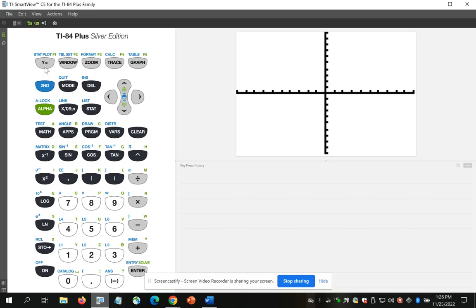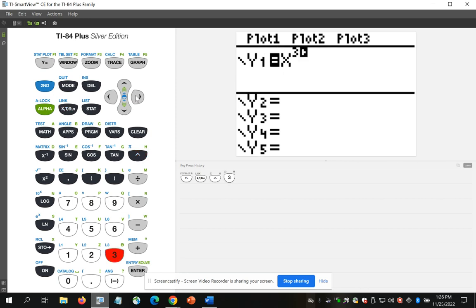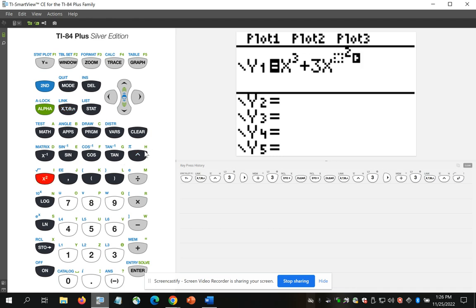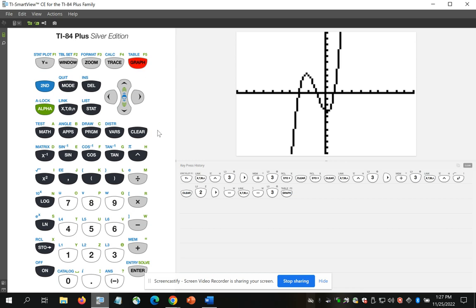Okay, so I'm going to take that function to my graphing calculator, and I'm going to enter y equals x raised to the third power plus 3x squared minus x minus 3. Okay, so you have the equation x cubed plus 3x squared minus x minus 3, and I'm going to graph it. And I can clearly see that the graph goes down or falls on the left